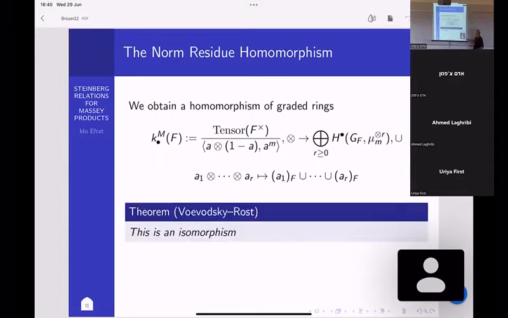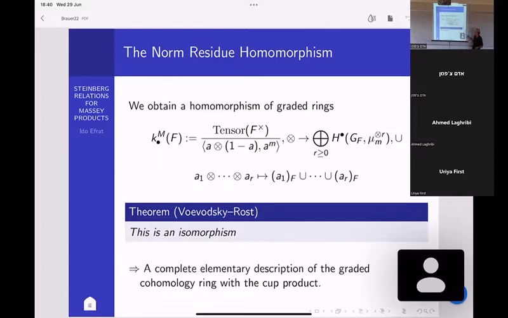Okay, so the main result here is the Voevodsky theorem. This is an isomorphism, which is basically everything that you want to know, because it gives you a complete elementary description of this cohomology ring, just as the tensor algebra modulo a few simple things. So in some sense, this is the end of the area, because what else can you ask? But still,